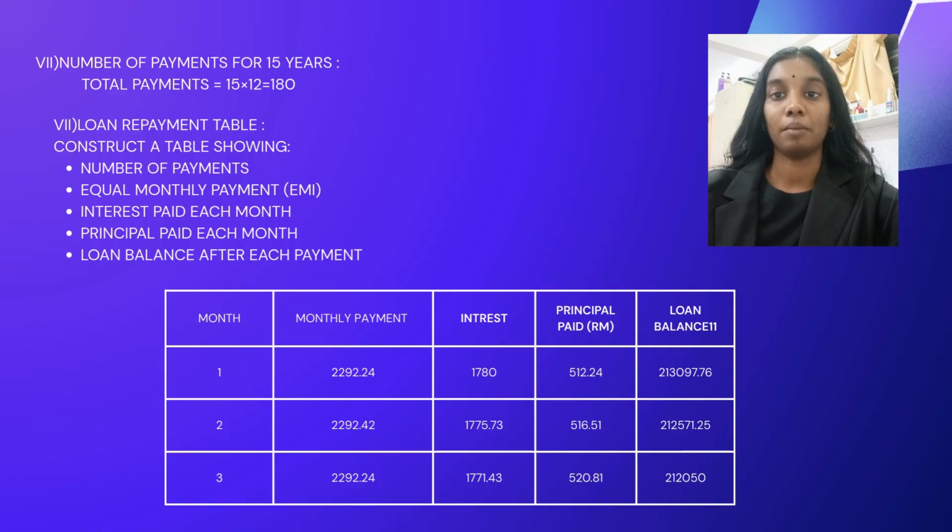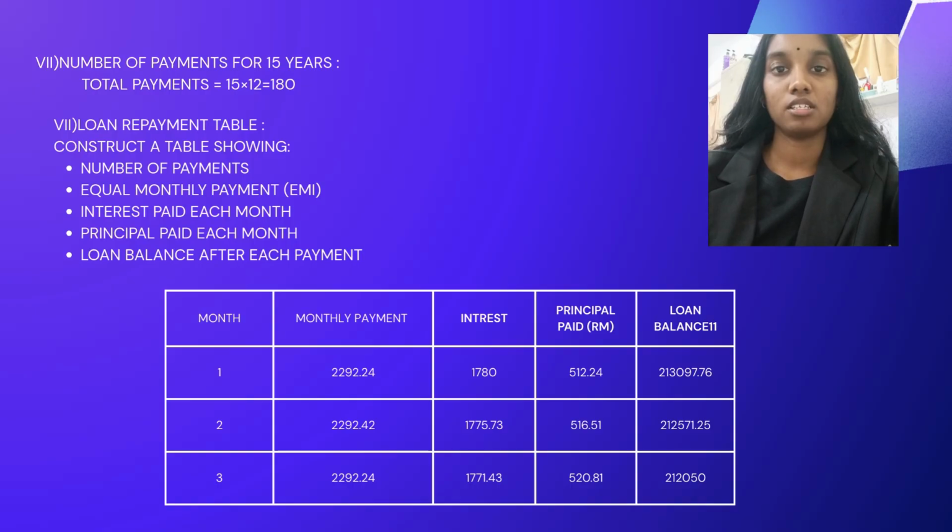Each month, part of the payment goes to pay the interest and the rest goes to reduce the loan principal. In the first month, the interest is calculated based on the full loan amount. The interest is 1,780 and the rest of the payment, 512 ringgit 24 cents, goes to paying down the principal. After the first payment, the loan balance becomes 208,087.76 ringgit. In the second month, because the loan balance is a bit lower, the interest is slightly less, RM 1,775.73. So more of the payment goes to the principal, RM 516.51, and the loan balance dropped to RM